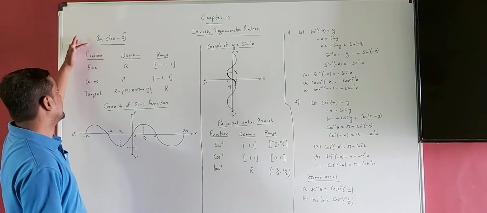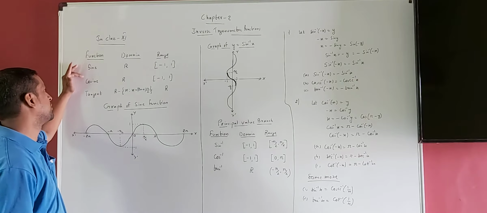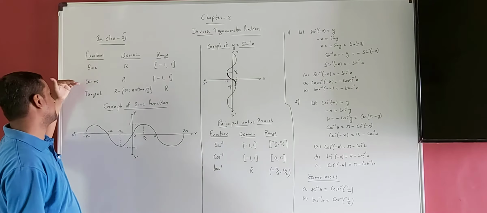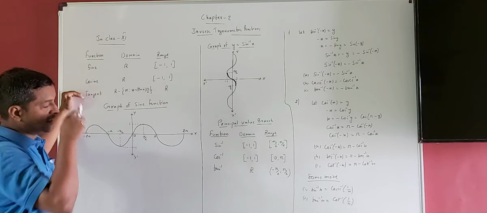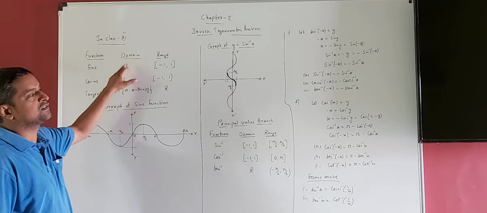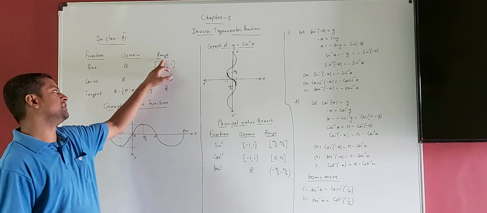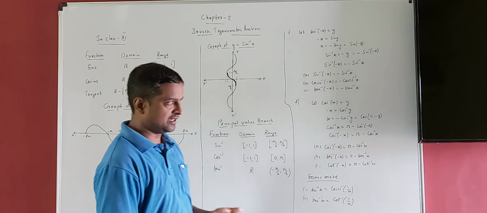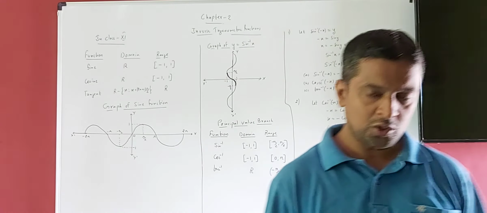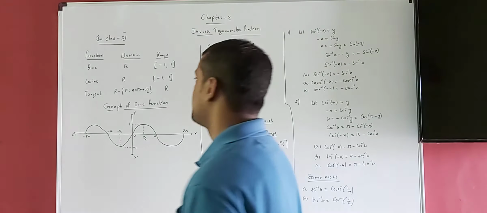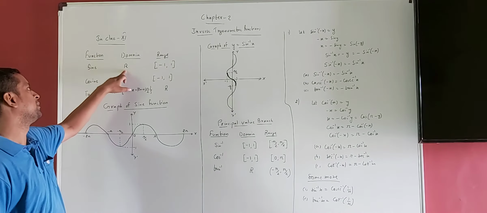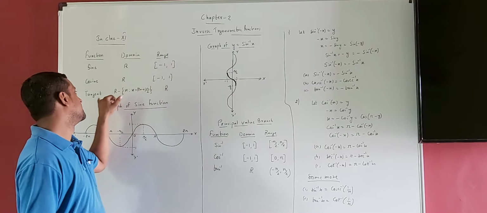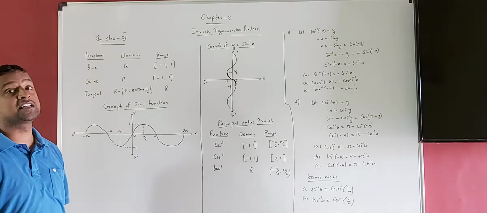Okay, see here. In class 11 already we have discussed some trigonometric functions. Out of 6 trigonometric functions I have mentioned 3 here, that is sine function, cosine function, and tangent function. We have discussed that for sine function whatever real values you substitute, the domain is real, any real number if you substitute you will get the value, maximum value is 1 and minimum is minus 1. No value you will get more than 1 or less than minus 1. So for sine function domain is R, range is minus 1 to 1. For cosine function domain is R, range is from minus 1 to 1. Same for tangent. That we have discussed in class 11.